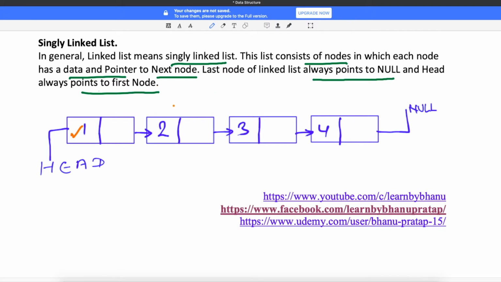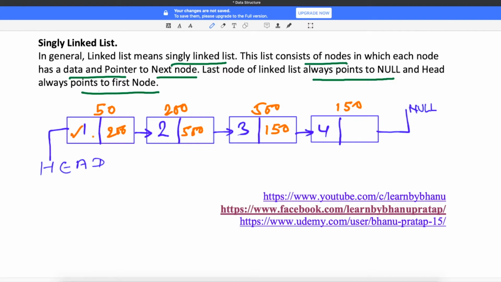So let's say this object has a hash code, if I have to write, I will write 200. When I say 200, the 200 will be stored here. This one has, let's say, 500, and again the 500 will be stored here. This one has, let's say, 150, and this 150 will be stored here. This has address 50, because the first one is also a node. So you can see that it's a singly linked list.